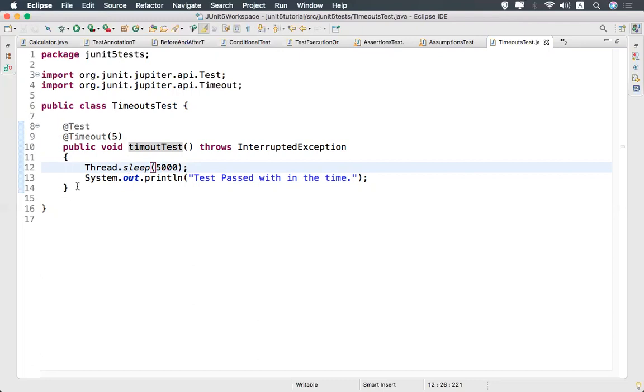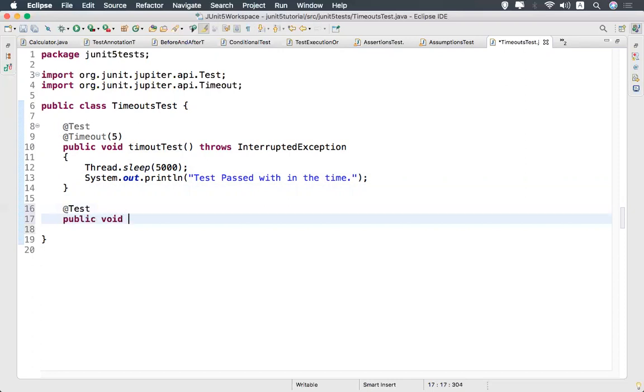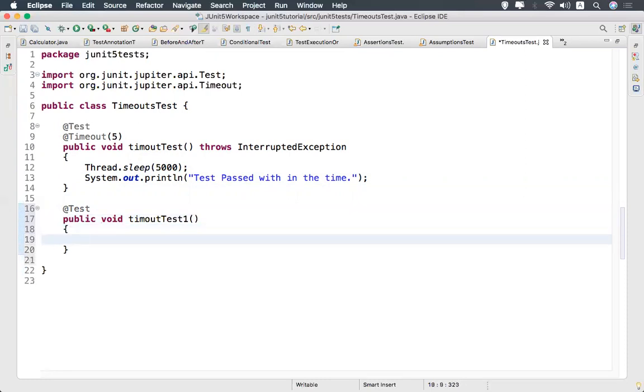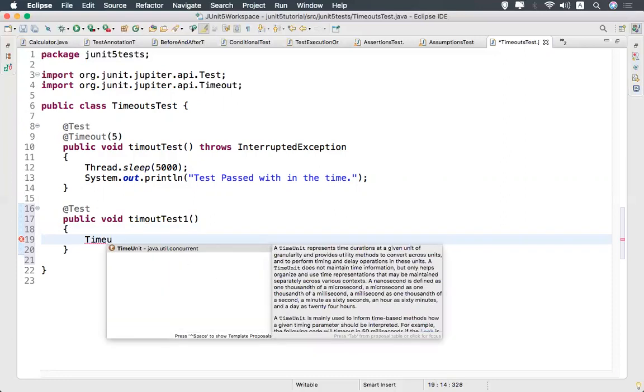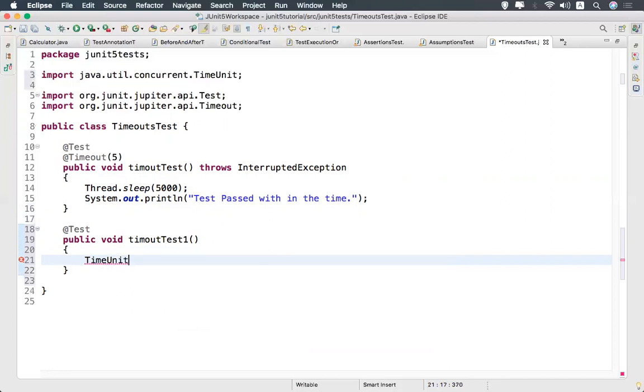So we'll take one more example. Public void timeoutTest1. Instead of Thread.sleep, we have one more option from java.util, the TimeUnit.